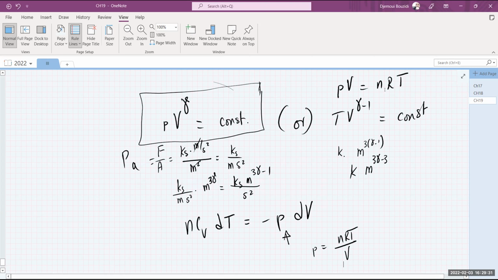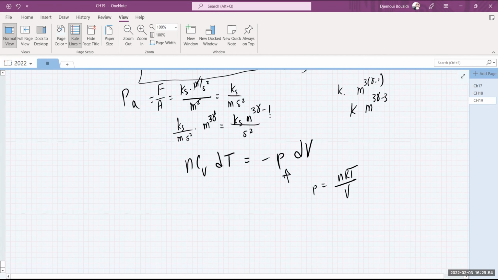There is another way of doing it, but it's a little longer, and you can find this expression PV to the power gamma. It doesn't matter how you arrive to it. The point in here is this expression is a useful one. I remember, at least from last semester, and I usually include the old videos in the recordings for you guys. And I think in one of those videos, you will find the longer way of finding it, and it's the same way. Okay, same thing.